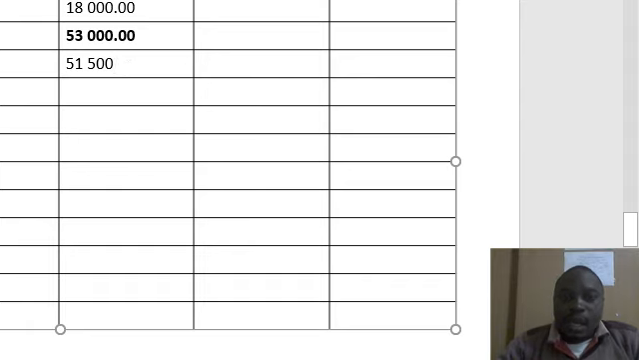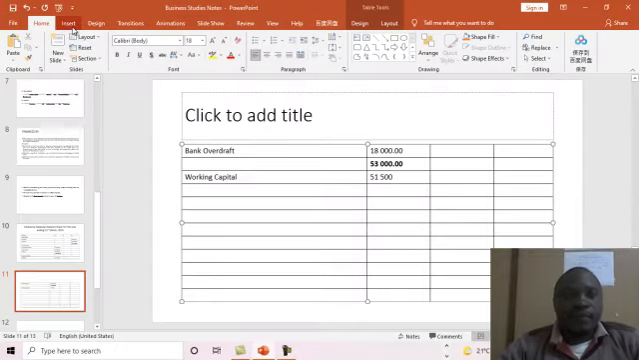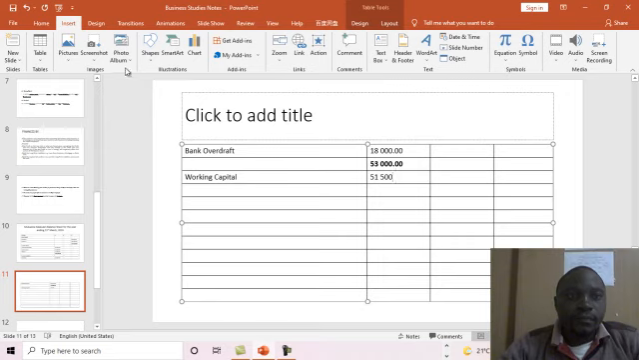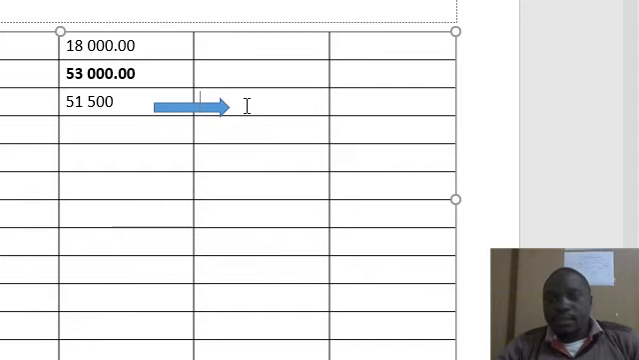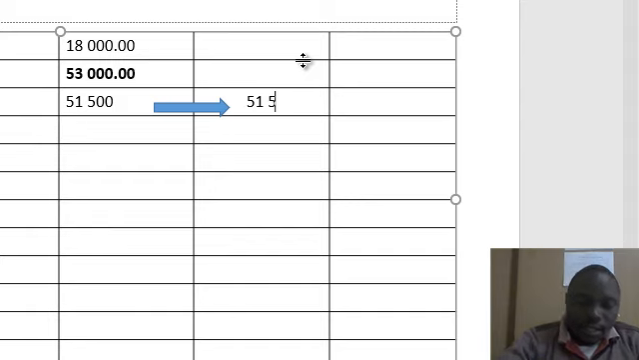Now, for me to be able to calculate the next item, I'm going to move this total for working capital to the next column, so that I'll be able to do my calculations properly. Okay. Right. So I'll bring my 51,500 kwacha here,